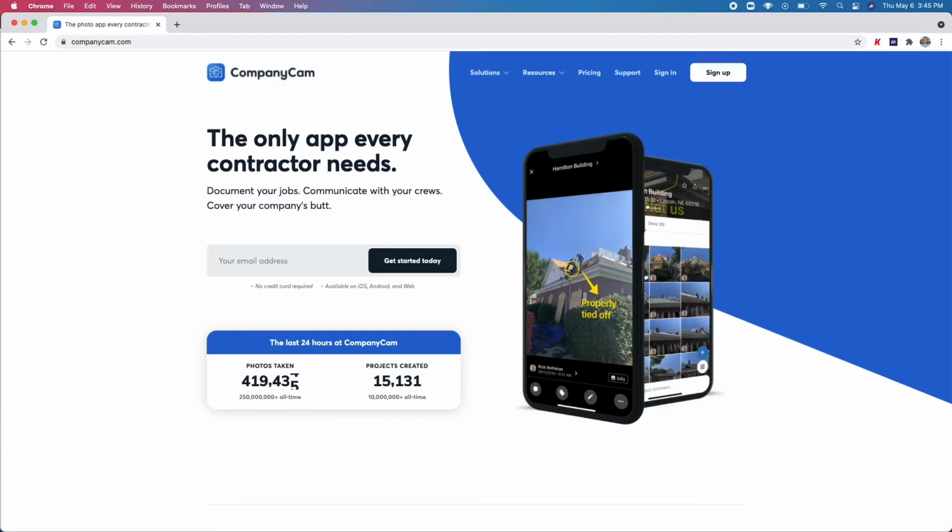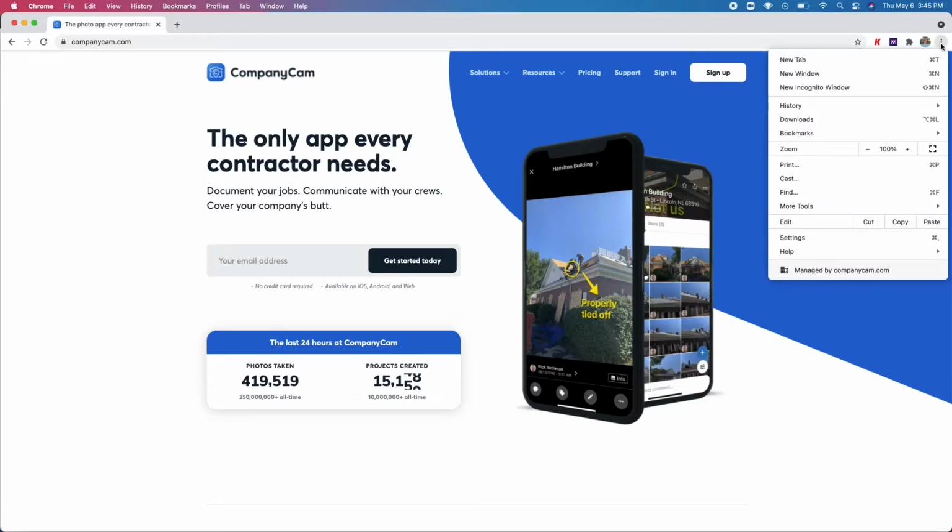Now, the last step that you'll want to check if CompanyCam is still not playing nicely on your browser is clearing your cache. So let's begin with Chrome first. First, go to Chrome settings. You'll navigate over here to the 3 dots,